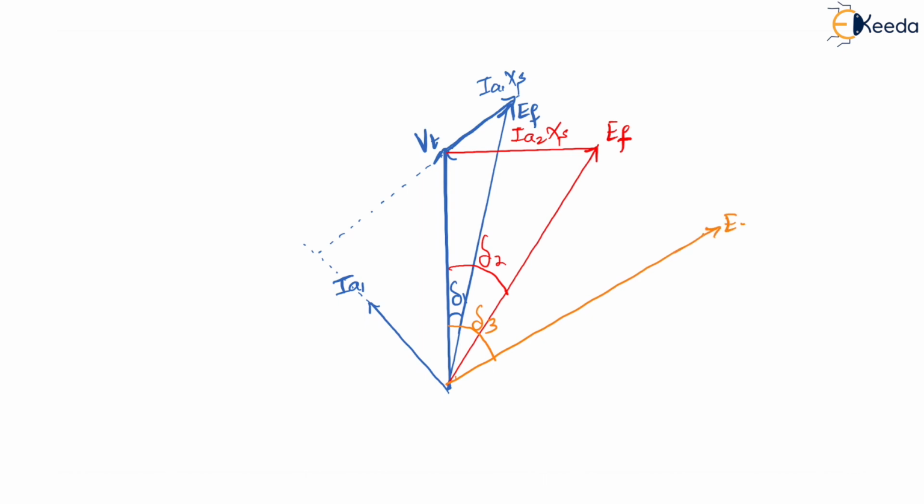So this will be EF, same length EF, but the angle between Vt and EF has changed. That's it. That is the only thing. Now what is there between EF and Vt? You have only one thing. What is that one thing you have between EF and Vt? It is nothing but the Ia axis. So this is nothing but the Ia3 axis. Yes or no? Yes sir, Ia3 axis it is.